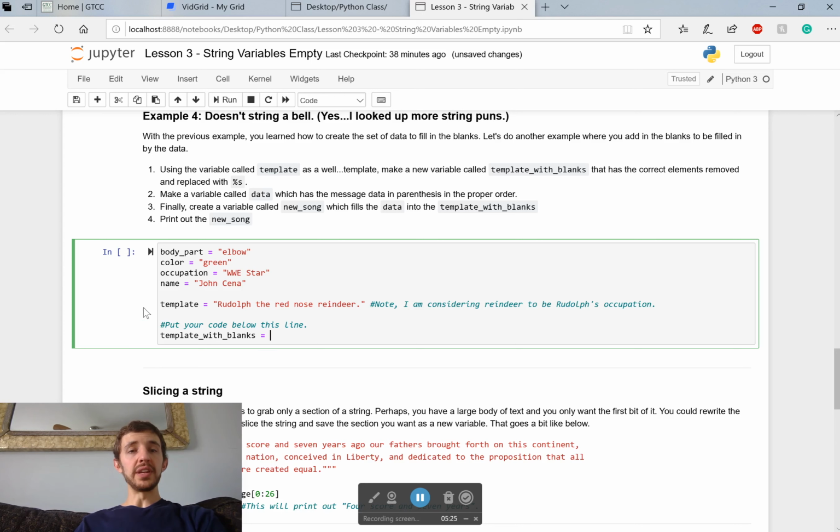and we need to remove the name, the occupation, the color, and the body part from this sentence and replace them with the %s blanks. The S in %s stands for string. So let's try it. So Rudolph, okay, that's going to be a blank. So %s,